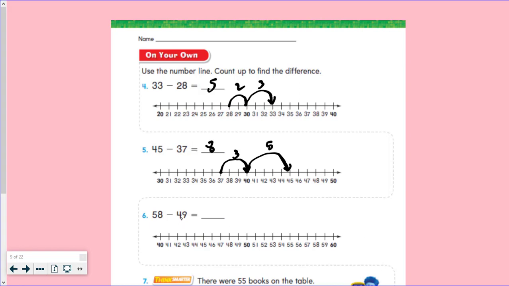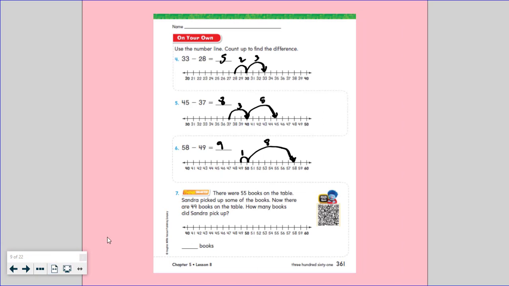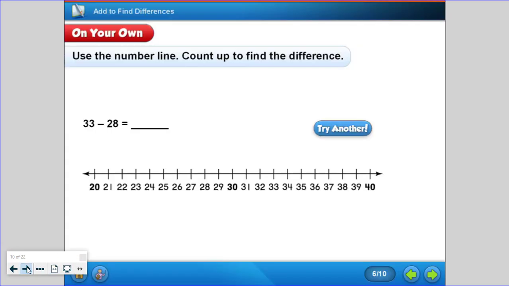All right, 58 minus 49. So I'm going to go from 49 to 50, and then 50 to 58. So that's 1 hop, and that's 8 hops. So 8, and that's 1. So the difference is 9. All right. So make sure your answers are right. And then we'll go to the,